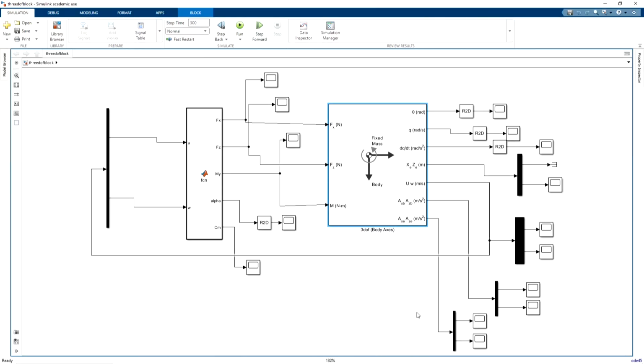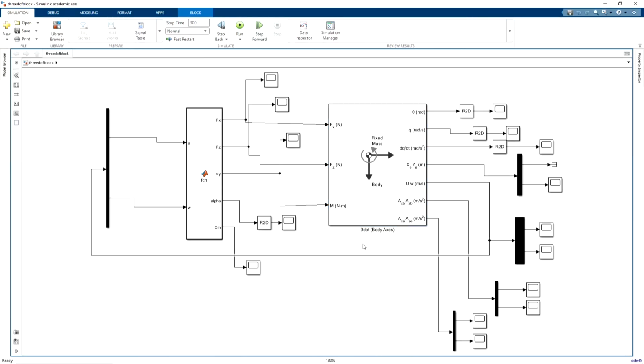Hello friends, last week we simulated pendulum and mass spring damper system in MATLAB and Simulink using different methodologies such as state space, transfer function and nonlinear methods. This week we will be simulating aircraft 6 degree of freedom equations of motion in MATLAB and Simulink. Before we step onto that, it's a good starting point to first simulate 3 degree of freedom equations of motion. Now let us go back to MATLAB.